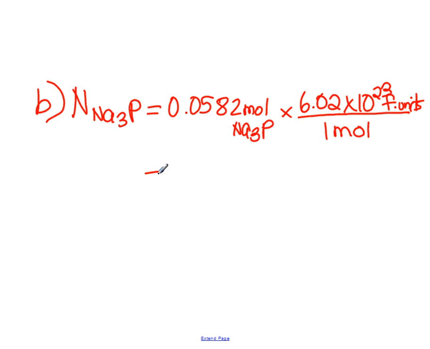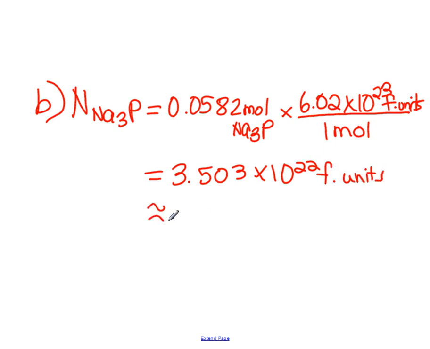And what do you get? You get about 3.503 times 10 to the 22 formula units. And when we look at that, again, 3 significant digits for this question, we get about 3.50 times 10 to